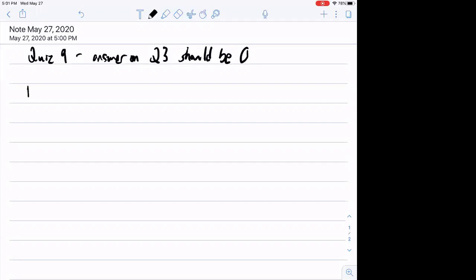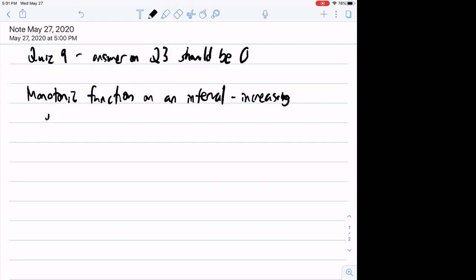So let me recall, a monotonic function on an interval is basically either increasing or decreasing. It's one or the other, so it's not both. An increasing function or decreasing function. And then a theorem says that